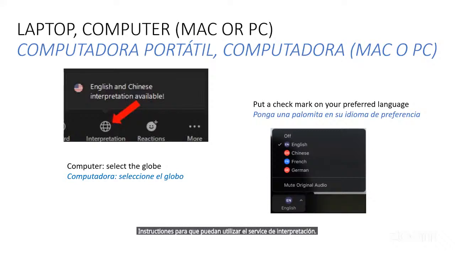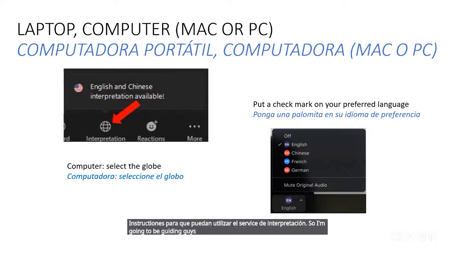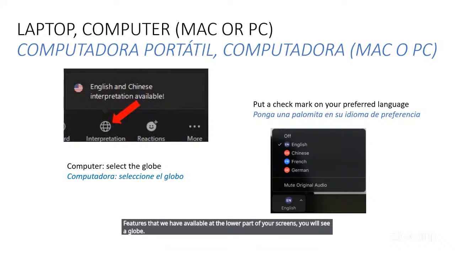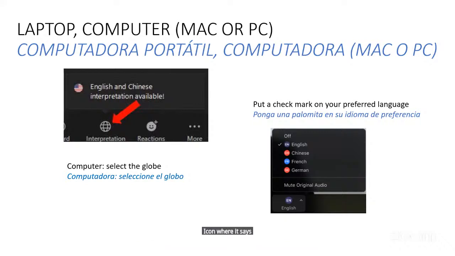So I'm going to be guiding you on how to use the interpretation features that we have available. At the lower part of your screens, you will see a globe-like icon where it says interpretation. You can go ahead and click on that and it will give you the option to select the language of